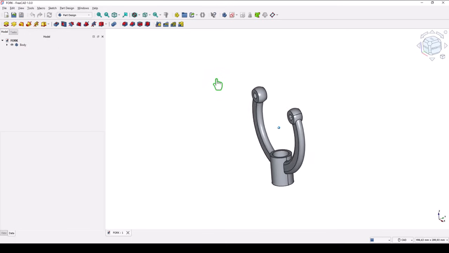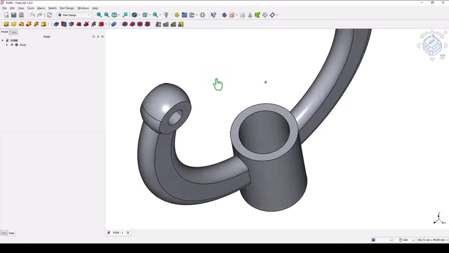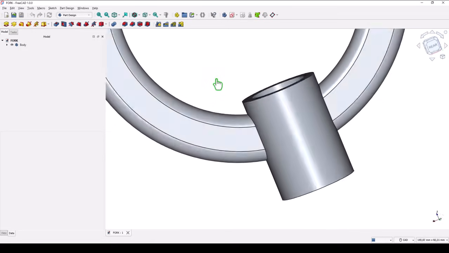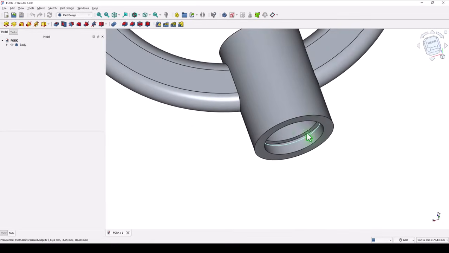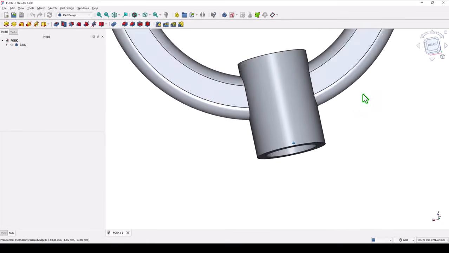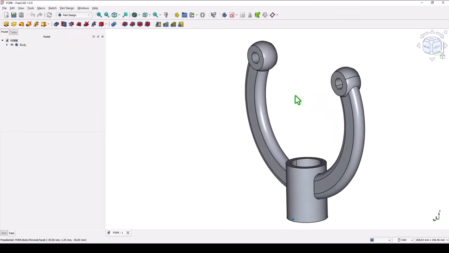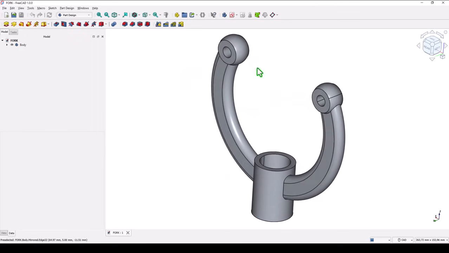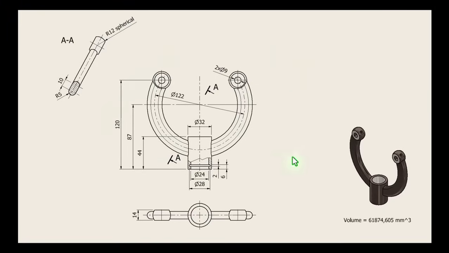Hi my friends, today we model this part. You see there is a rib here and other features. This is the drawing. We start by creating this arc of